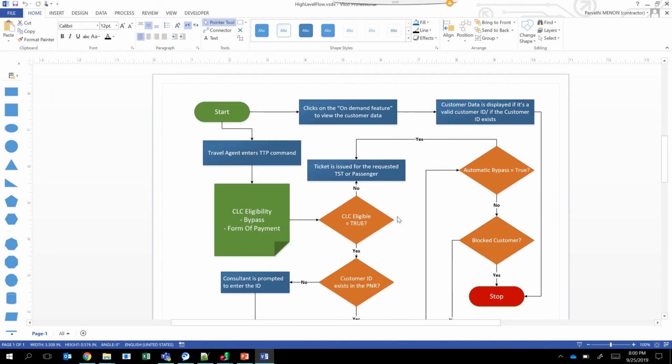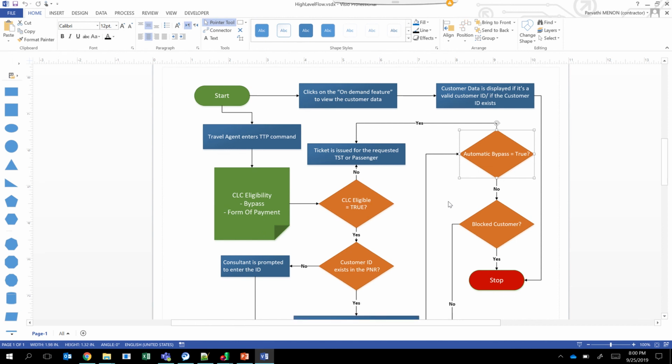Now let's say the customer ID is valid and the data is retrieved in the background. In that case, the next check is to see if automatic bypass has been activated for that customer or not. Automatic bypass is basically a rule or a configuration that can be set in the CLC admin module, wherein the admin user can set that if the customer name is so and so, then bypass it from the CLC check.